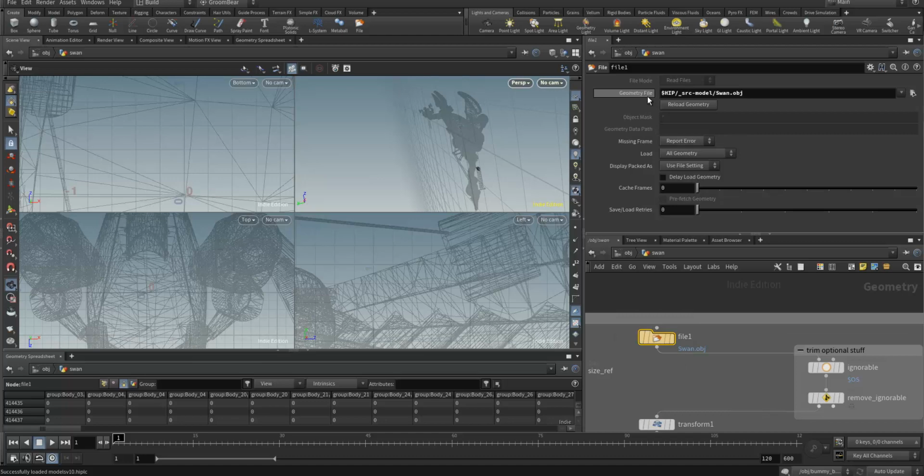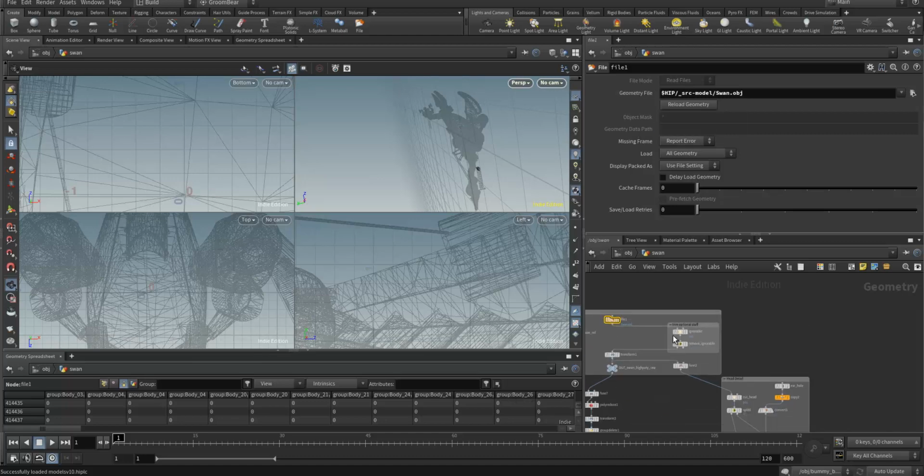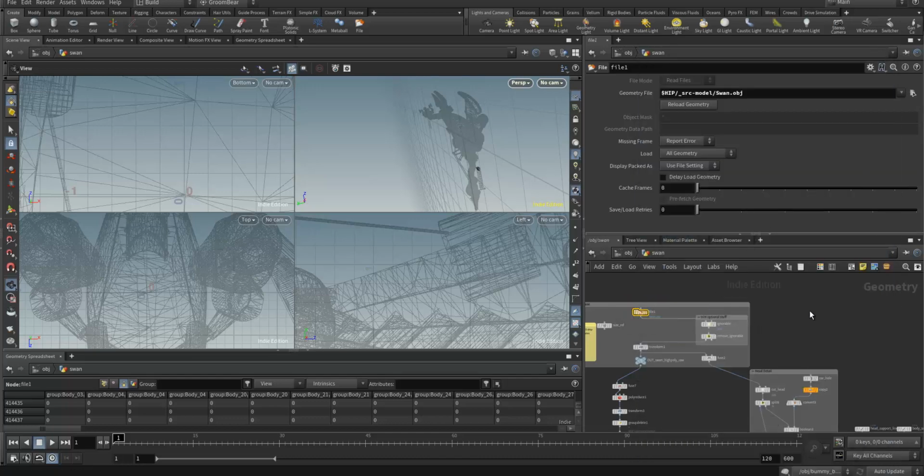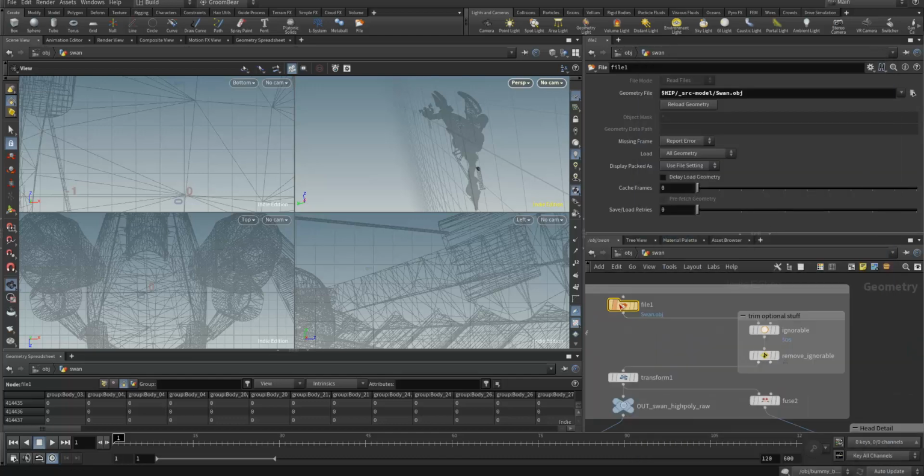This is the OBJ file and how it pulls it in. I think we can do something like this and see it more clearly. Here's the polygon count, 414. So it tends to correlate to these primitives, but again, not necessarily. It just depends on what you've got going on. But doing a pure OBJ import is going to